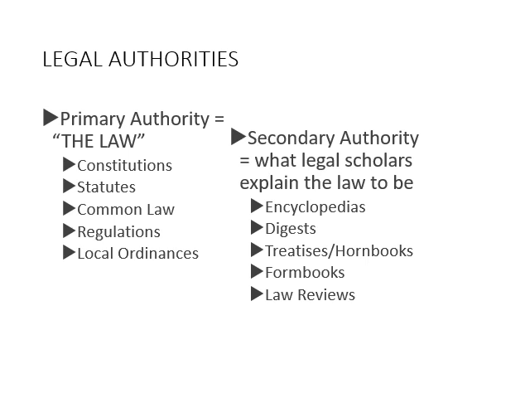There's also a lot of other legal authority out there that interprets and explains the primary authority. This is what the legal scholars explain the law to be. Secondary authorities include encyclopedias, digests, treatises and hornbooks, form books, and law reviews. There's a lot of legal materials out there, and there are entire libraries just dedicated to the law, hence the term law libraries. But ultimately, our goal in legal research is to locate and explain the primary authorities. The secondary authorities are tools which help us better understand and locate the law.